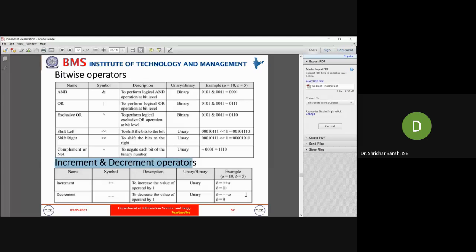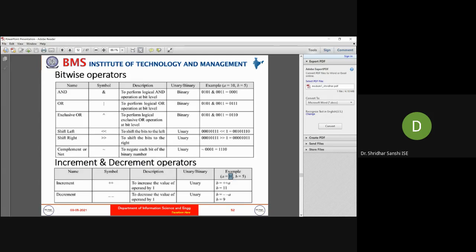Increment and decrement operators. So what are these operators? These operators are used for incrementing a value by 1. Here is an example. The value of a is 10. If I want to increment by 1, I need to use plus plus a. Then whatever the value of a is, I will increment by 1.